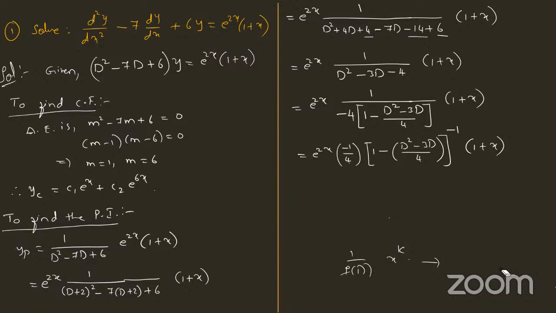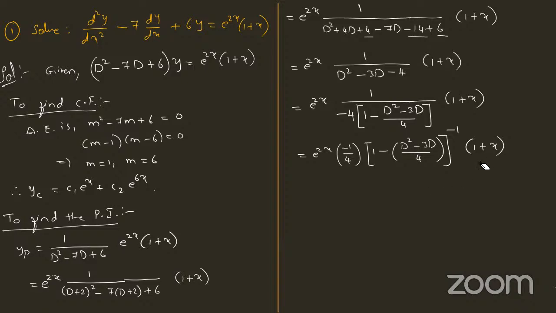Now let's just simplify this. Look at the right hand side function. It is 1 plus x. Because it is 1 plus x, the highest degree in these two terms is 1. So it is enough if you take this expansion, when it is 1 minus x whole to the power of minus 1, we have it as 1 plus x square and so on, you know. In this expansion, it is enough if you take it up to the x term, x power 1 term, because here also the highest degree term is x power 1 only. So keeping that idea in mind,